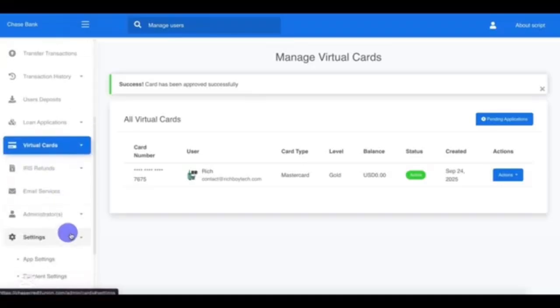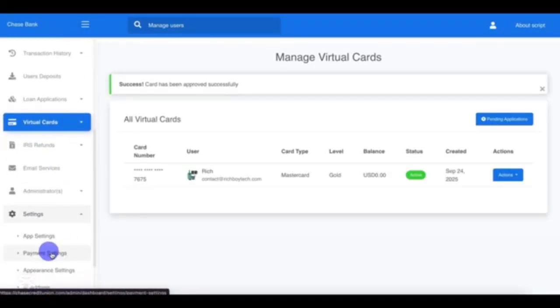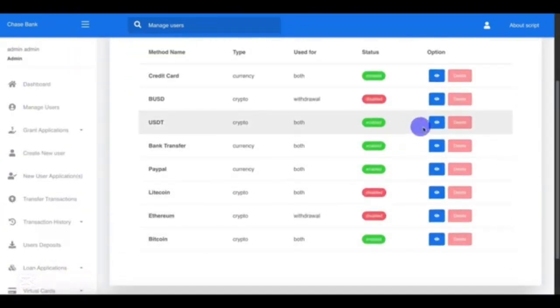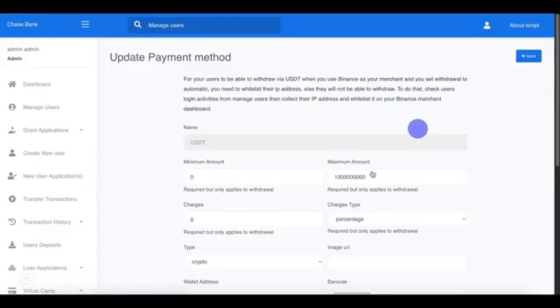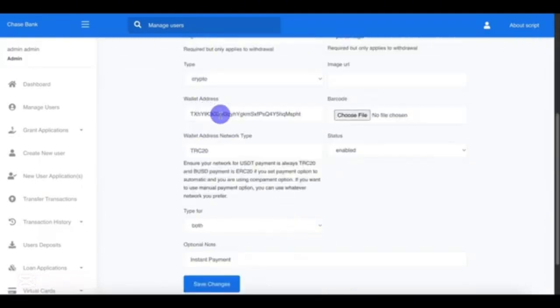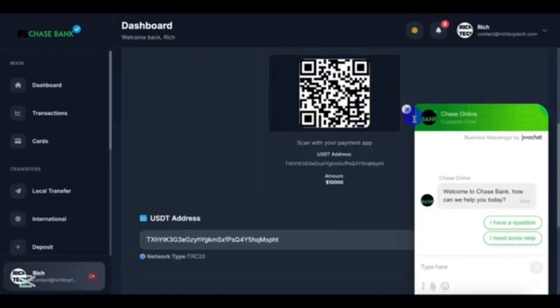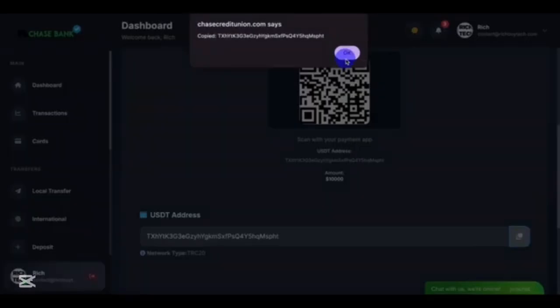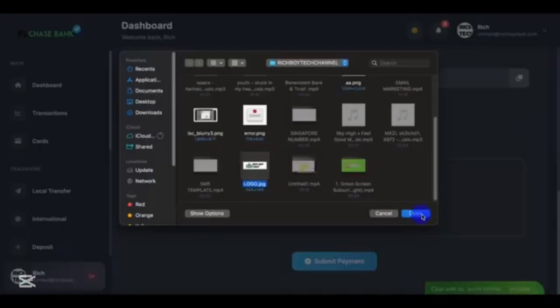Go to the admin section. Go to settings. Go to payment settings. As you can see, we have various types of payment here. You can decide to add any payment method. So this is the USDT. You can see the same wallet as the one on the side. You can decide to change it and add your own personal USDT. So if users upload proof,